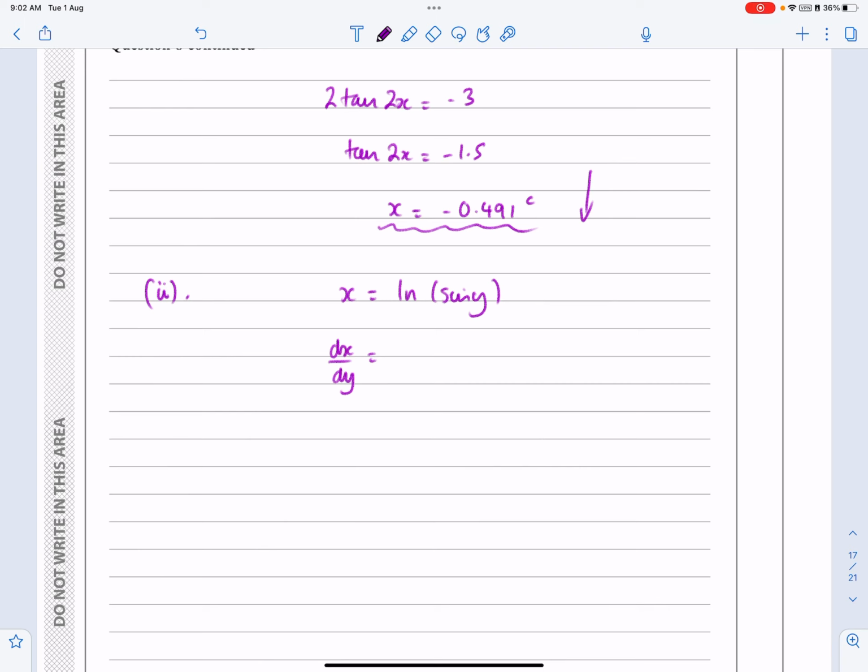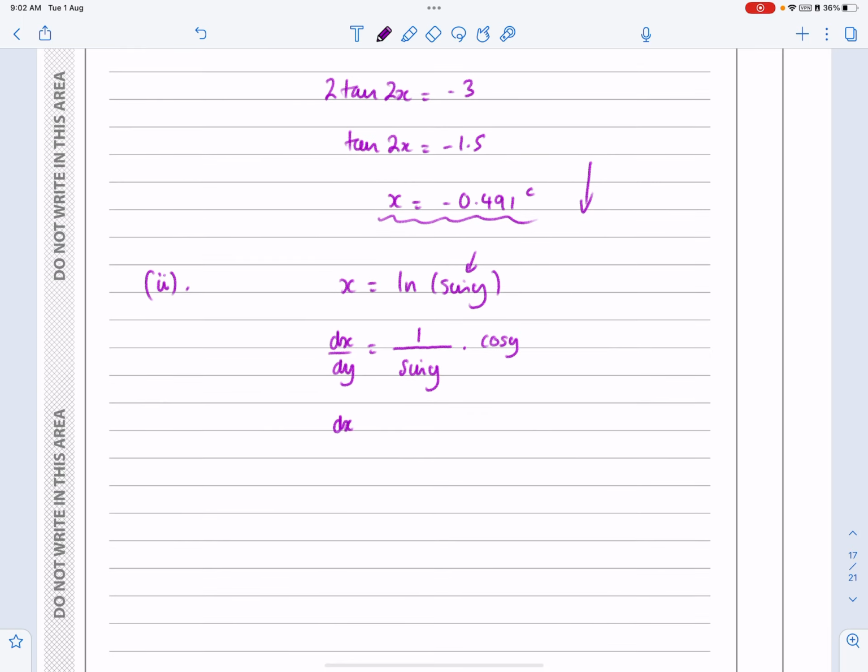So do I know how to differentiate log x? Yes, I do. Log x is 1 over x. So log sine y is 1 over sine y, but it's 1 over x times the differential of what's in here, times the differential of that. 1 over sine y times the differential of sine, and the differential of sine is cos y. Okay, so I get dx by dy is equal to cos y